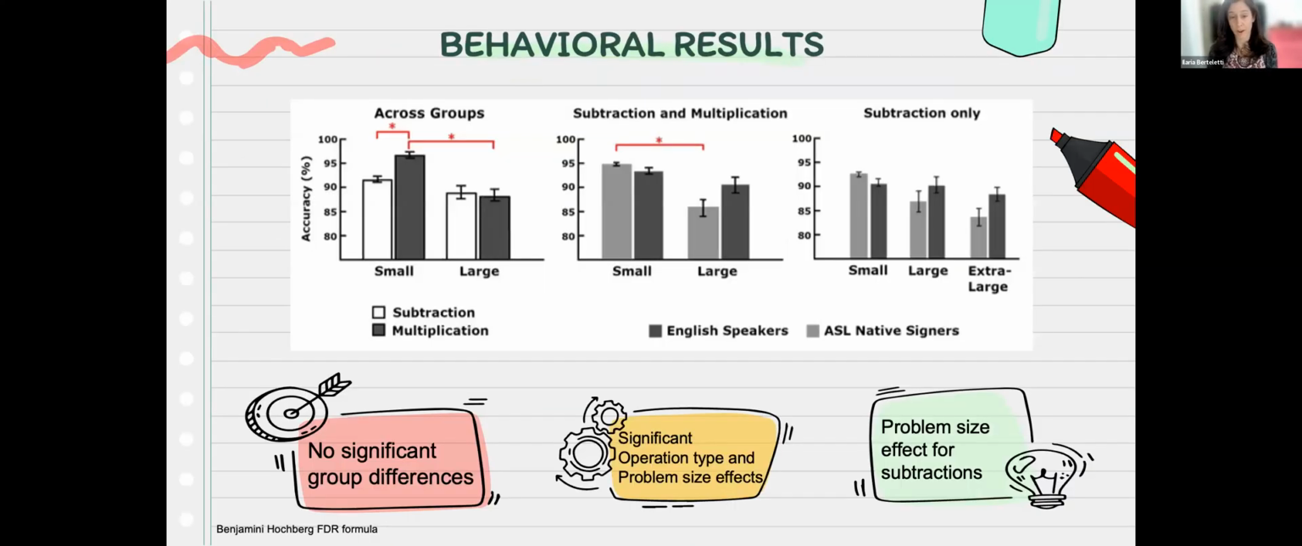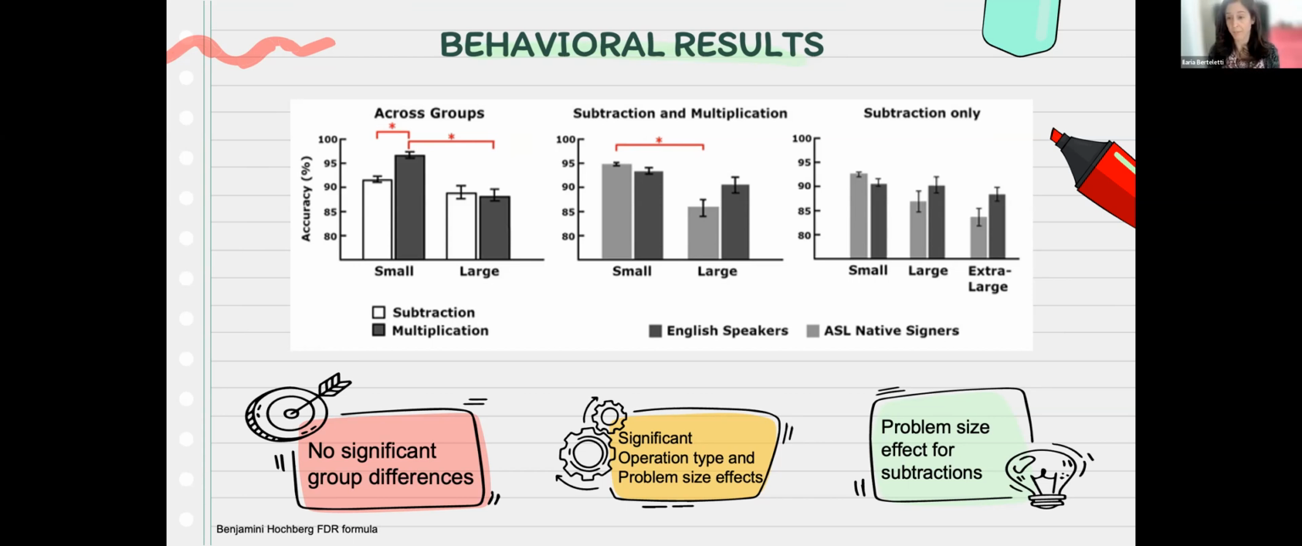I will walk through each graph one after the other and give time to observe each. So we're going to start with the leftmost graph. Here we observe that across groups, small multiplication problems were the ones with the highest accuracy. They were more accurate than large multiplication and more accurate than small subtraction problems. Now in the center, here we have a problem size by group interaction, which means that ASL signers showed the greatest problem size effect,